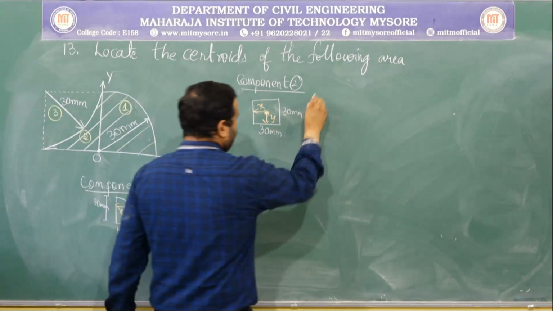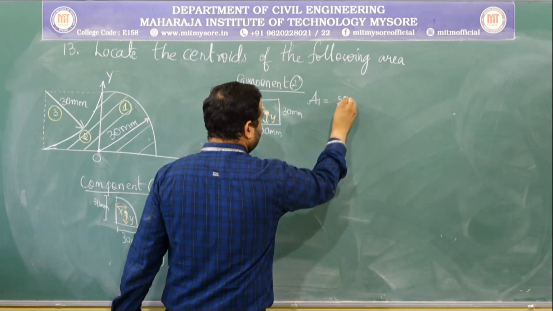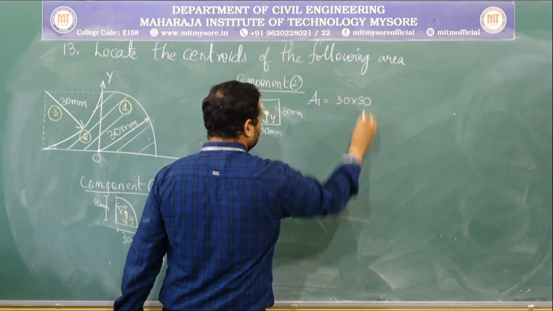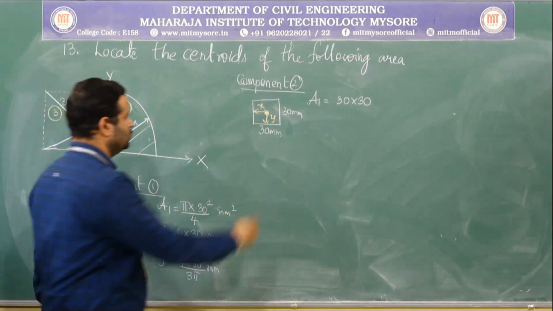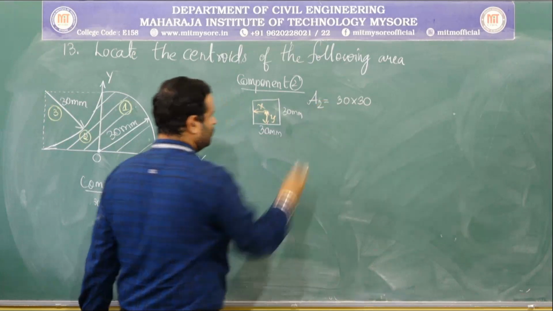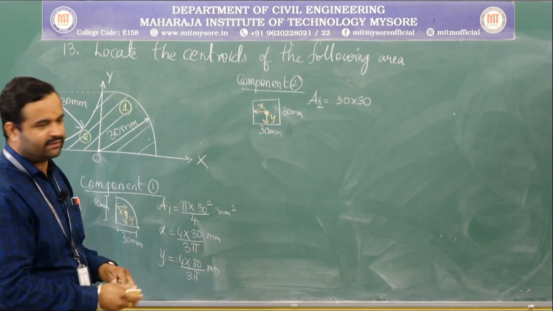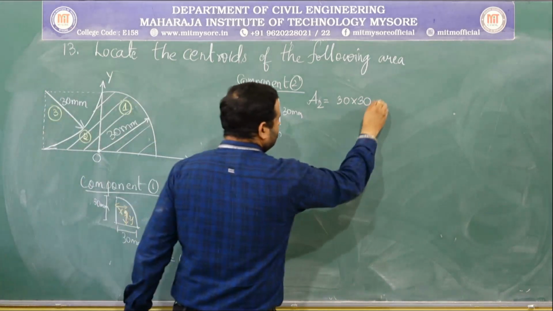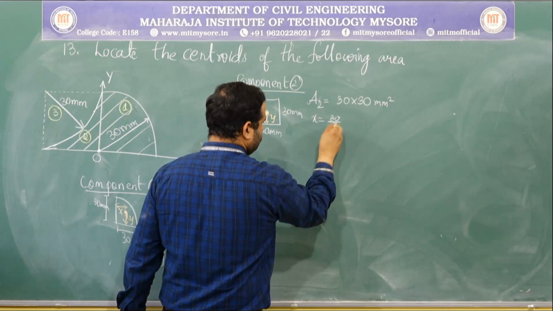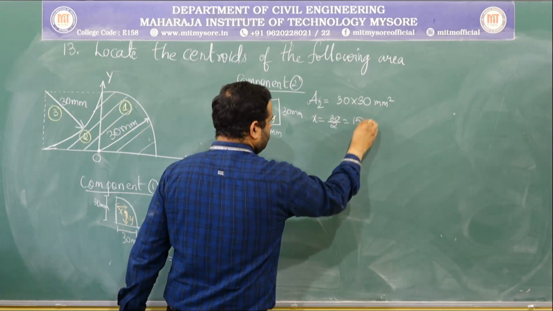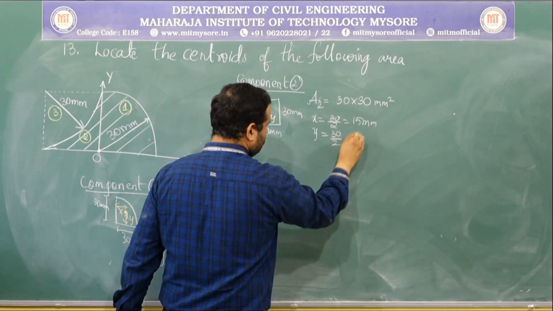So, writing its area, A2 is equal to 30 into 30. Should we write a minus sign for component 2, A2? Are we removing the square? No, it shall be positive itself. Its x is equal to 30 by 2 and its y is equal to 30 by 2,